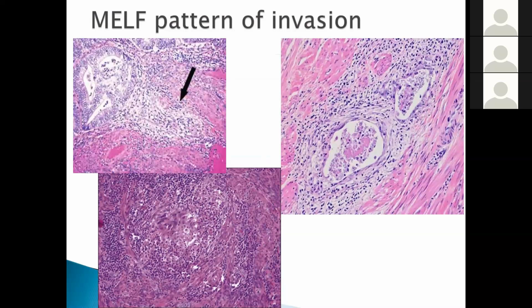With MELF, you can do a stain, you can do keratin, right? If the keratin highlights the tumor cells, you know it's true invasion. And you can do the cocktail, the D2-40, ERG, because these are not endothelial cells, just cystically dilated tumor. So if this is really deep, it could be a deep myoinvasion, or it could be just lymphovascular invasion. So it will change the stage and the management. Again, just to kind of know it exists. Probably it's in the books, but it's not something that might be in Rosai or the regular books. It might be a little bit more